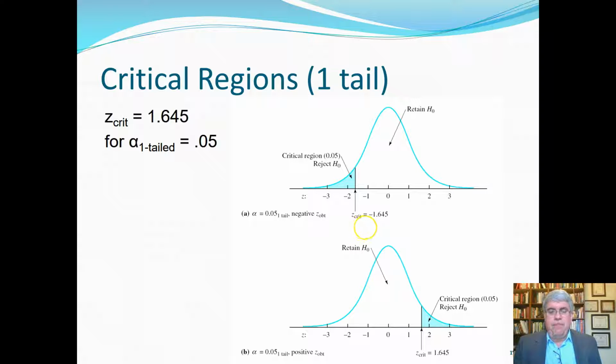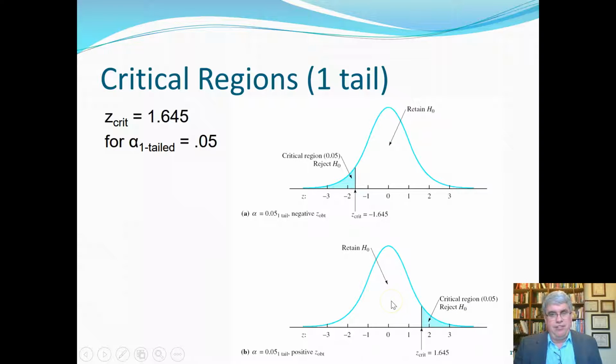So you can see that if we have a directional test, a one-tailed test, we don't need to get such a high Z. Before we had to get a Z of 1.96. If we make a one-tailed test, we only need to get a Z of 1.645, so it's easier to reject